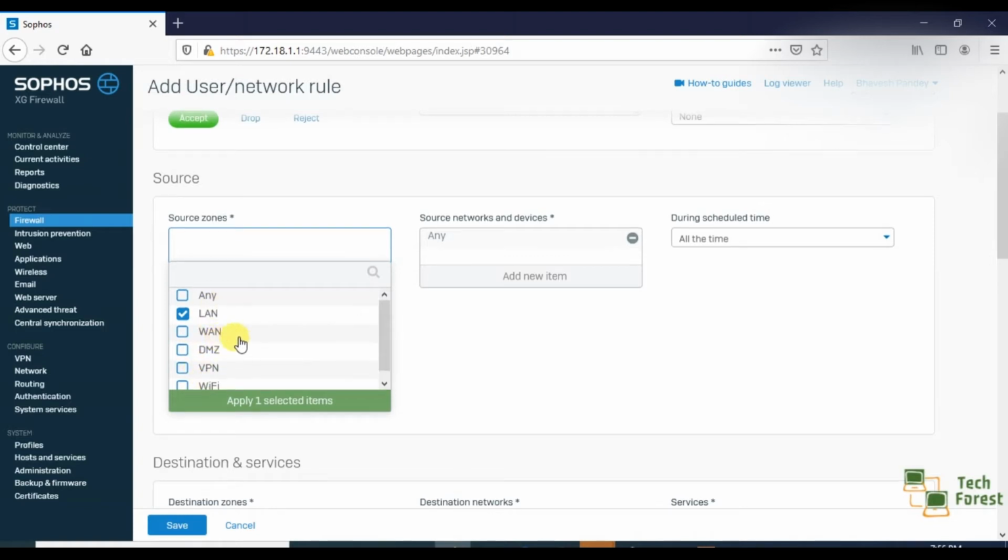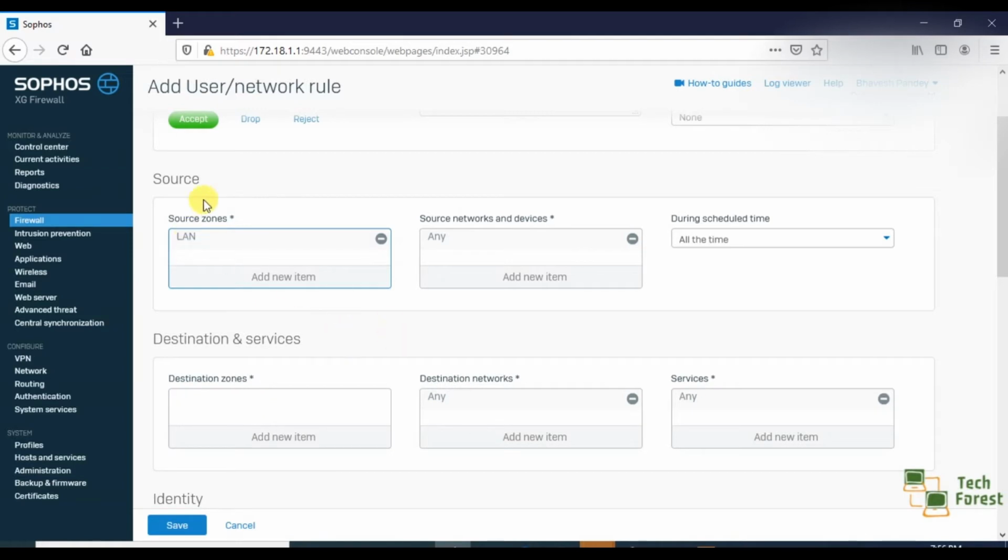Please note, we will not touch all the points right now because you will get confused. We will see all the features one by one in our upcoming videos. Right now I am selecting LAN because I already shared my purpose of blocking social networking only, and my traffic will come from my local area network, from my LAN.